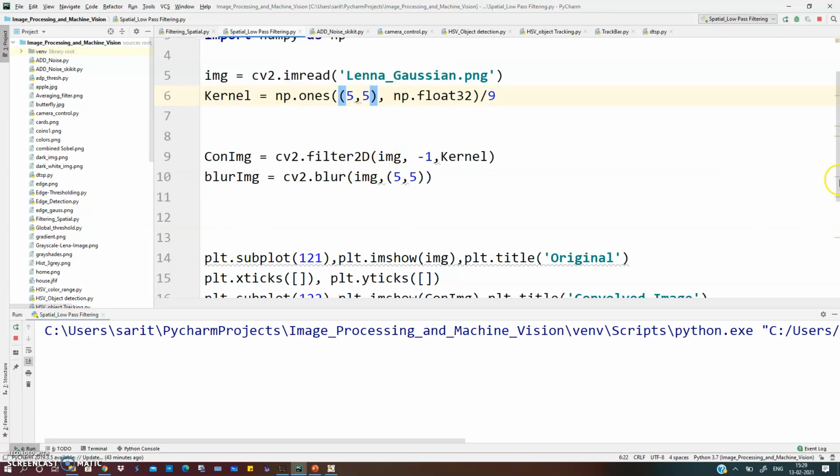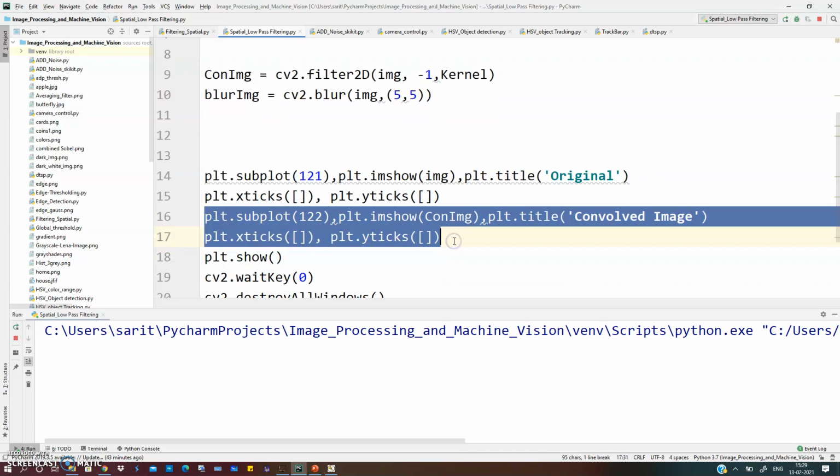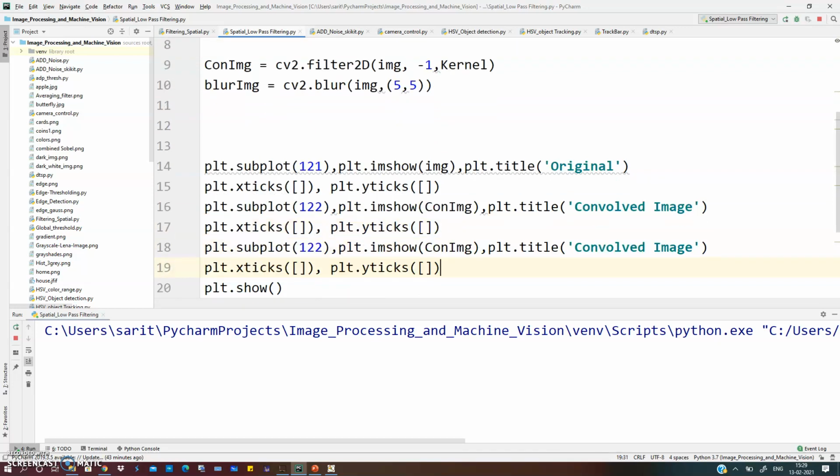We can check the result. I will just copy paste this, and I will increase this size to 2 by 2, and the image is third here. And which image? The blur image we want to see. This blur method gives the same result. Let's run.